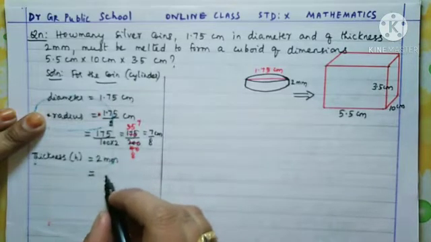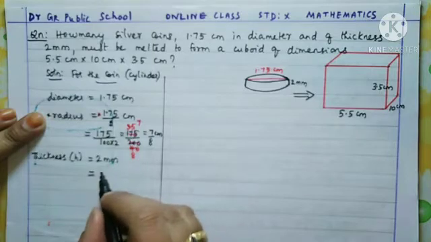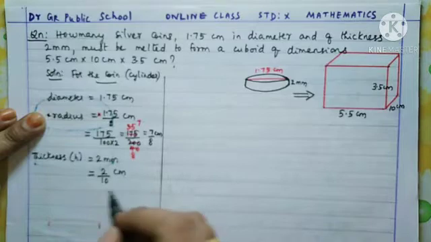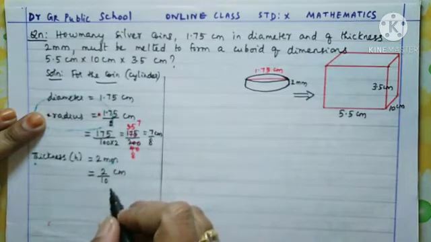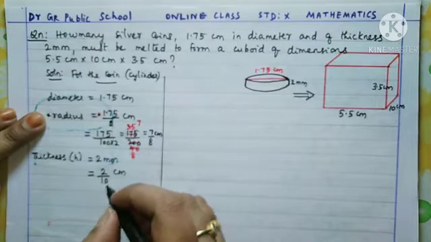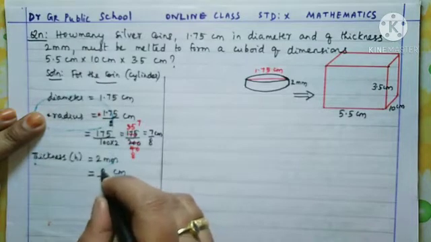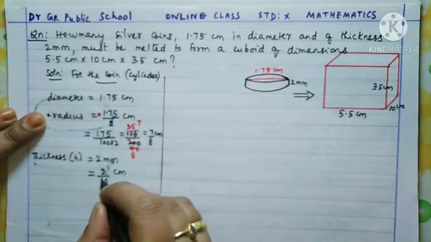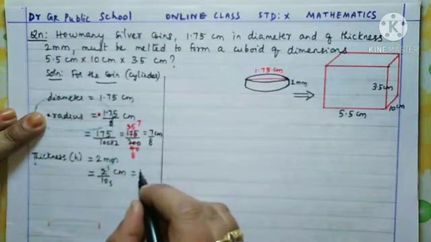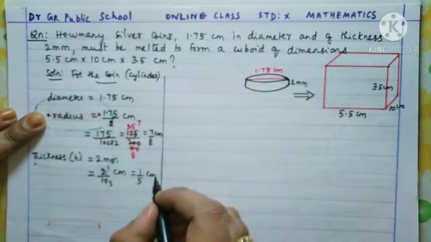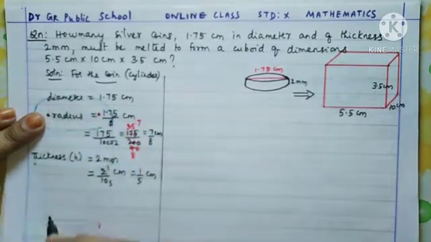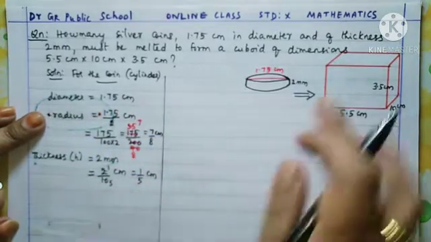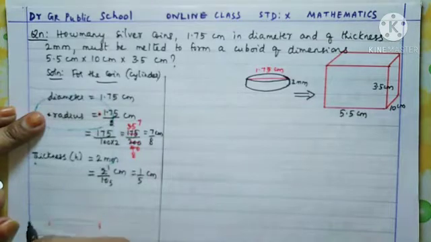So millimeter we need to convert into centimeter. What we want to do? Divide by 10. Okay, 2 by 10 centimeters. And here you see 2 by 10 also we can reduce, so that 1 2s are 2, 5 2s are 10. So it becomes 1 by 5 centimeters. So for the coin all the things are over. Now we can write about the cuboid. So for the cuboid,